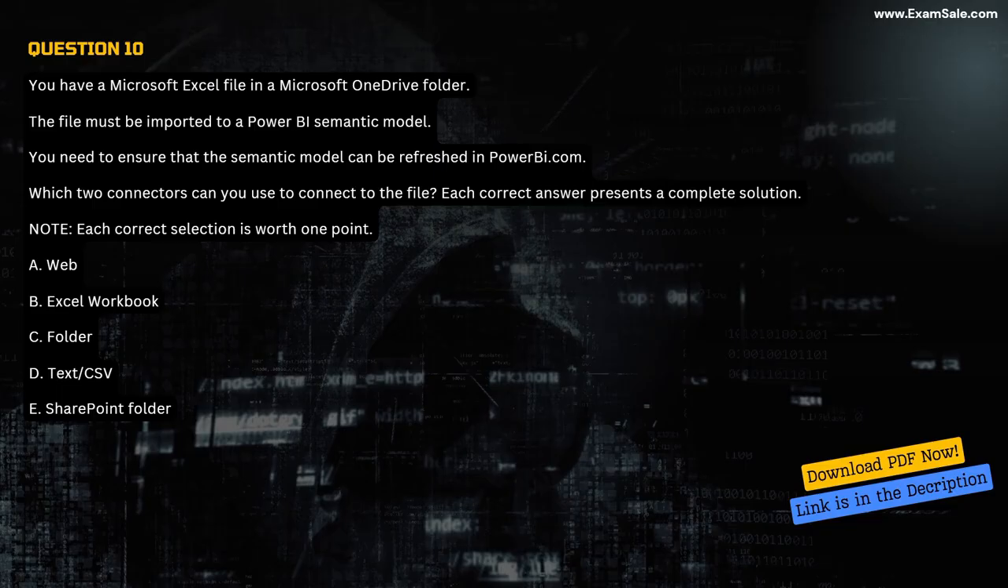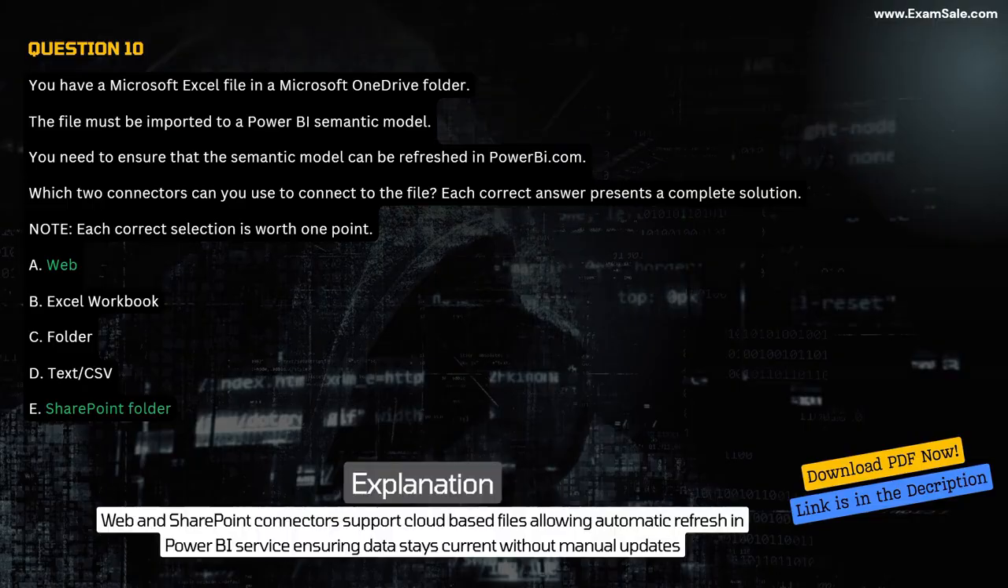A. Web. B. Excel Workbook. C. Folder. D. Text/CSV. E. SharePoint folder. Correct answer A and E. Web. SharePoint folder. Explanation. Web and SharePoint connectors support cloud-based files allowing automatic refresh in Power BI service, ensuring data stays current without